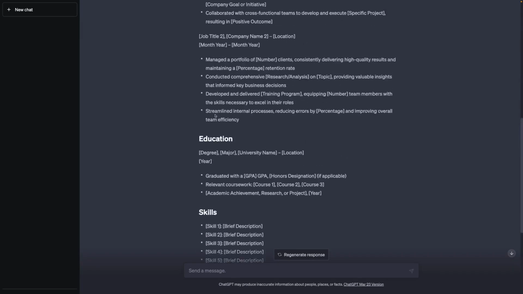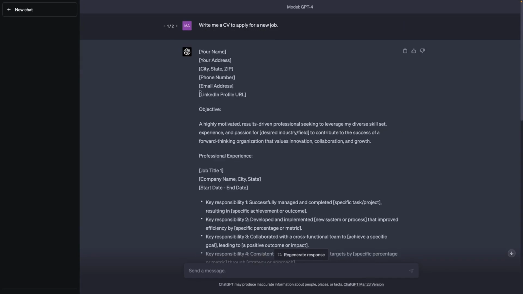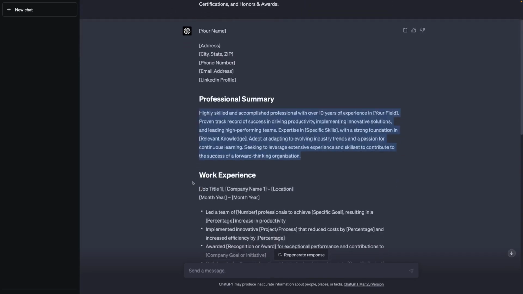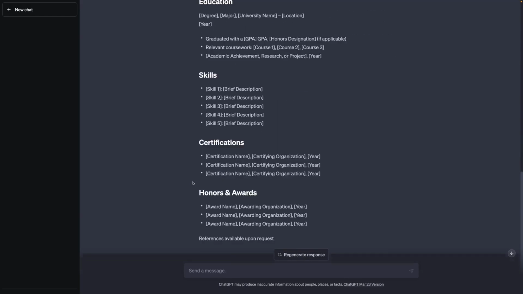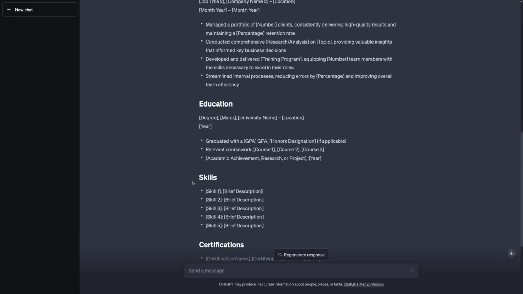So this isn't too different from the first draft that we had with the simpler prompt. This is probably due to the fact that a CV is what it is. It basically always follows a certain structure. Nevertheless, you find a more elaborated example for the professional summary, for example. And more importantly, as I mentioned, you can use this template here, so to say, to add your education and